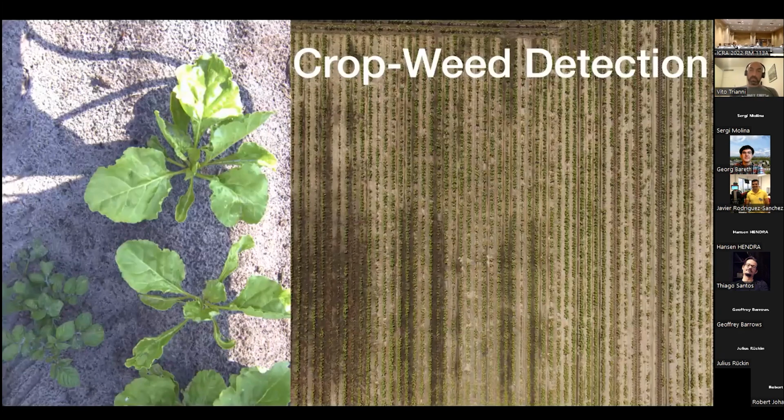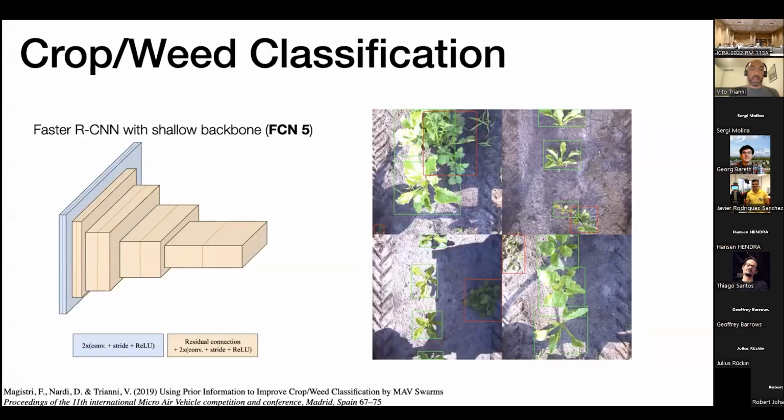So, first and foremost, we need to have a suitable approach for crop weed detection that can be deployed on board. I'm using here the standard benchmark of detecting volunteer potatoes in sugar beet fields, which has been studied very much in order to understand how we can deploy vision systems that can be useful for swarms. Our first